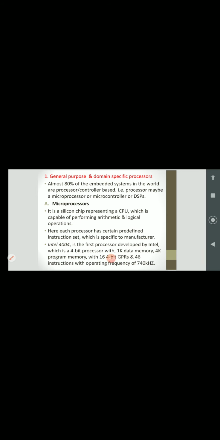One of the core operations of any microprocessor is that it is capable of performing arithmetic and logical operations. That you should remember. That is, one of the core operations of any microprocessor is to perform ALU operations, that is arithmetic and logical operations, and it is a silicon chip representing a CPU.